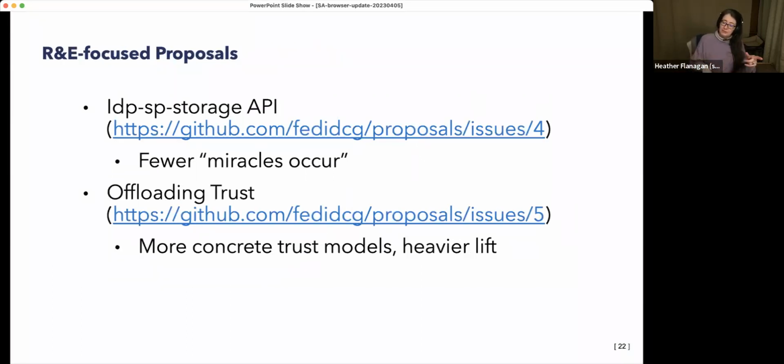So jumping back to the hackathon a little bit, we came up with two separate proposals. One is creating a storage API, which required, as we put it at the time, fewer miracles to occur for that to actually be able to work, and is a way to enhance the FedCM capabilities. And the second one is a bit more reliant on the concept of there being a federation operator that the browsers know about,